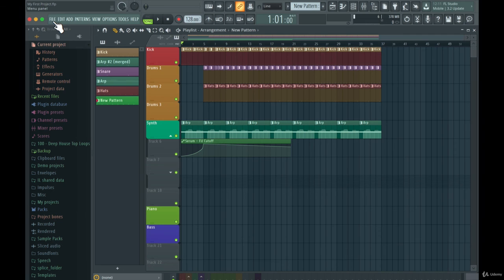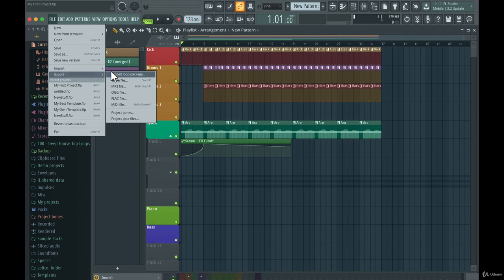Okay, so next thing I want to show you is how to export as a zipped loop package. If you do it this way, you will have all of your project files, and